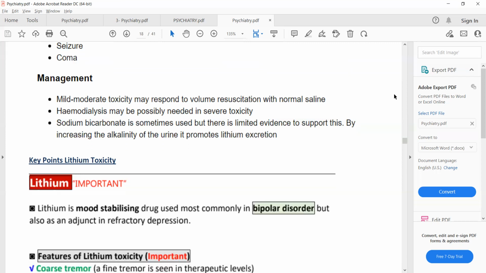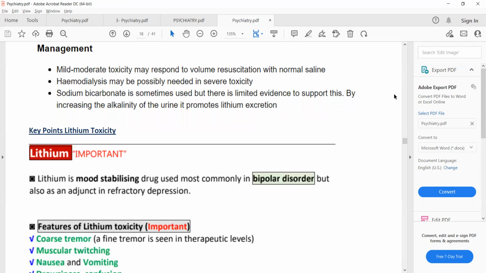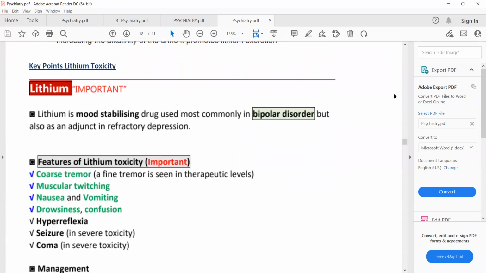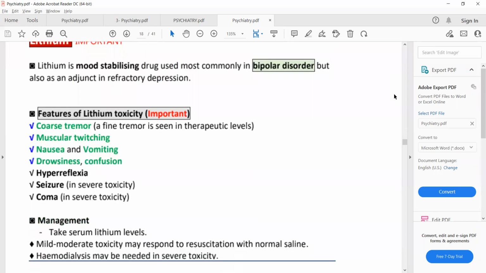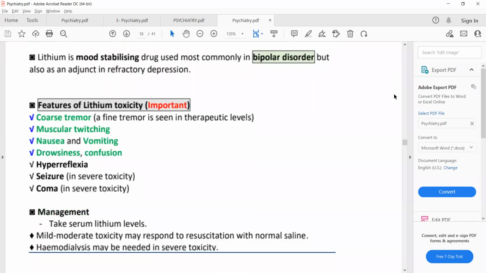Now a short summary of our key points in lithium toxicity. Lithium is a mood stabilizing drug used in the treatment of bipolar disorder, also as an adjunctive therapy in refractory depression. The features of lithium toxicity include coarse tremor, muscle twitching, nausea, vomiting, drowsiness, confusion, hyperreflexia, seizures, and coma. So seizure and coma are features of severe toxicity. And severe toxicity will be managed with the most appropriate management for severe toxicity,